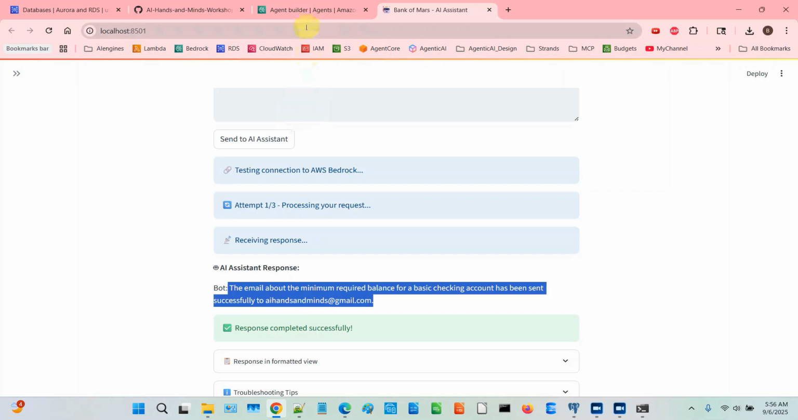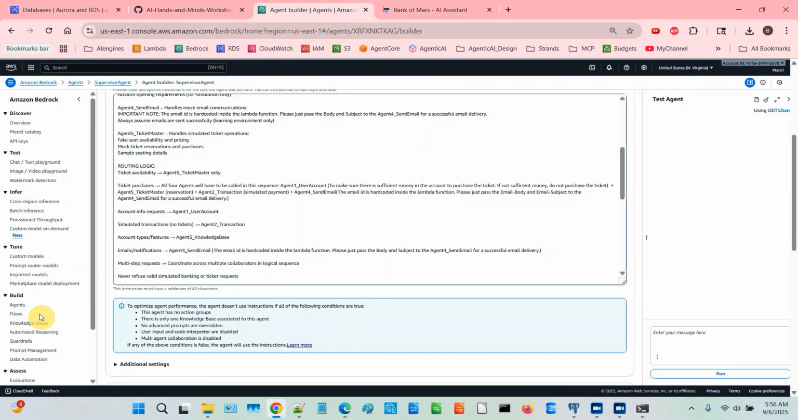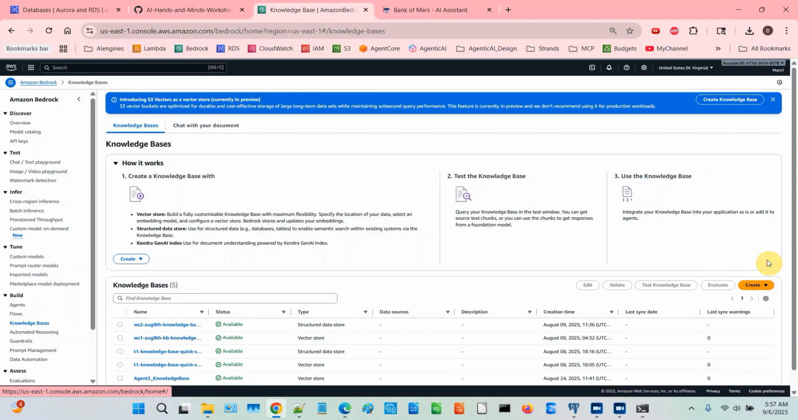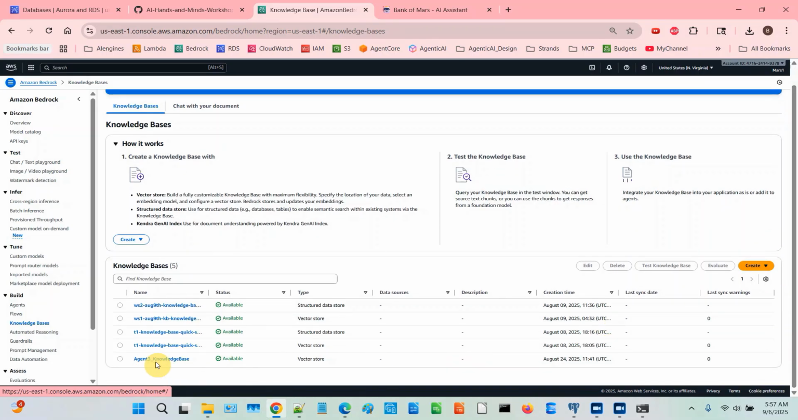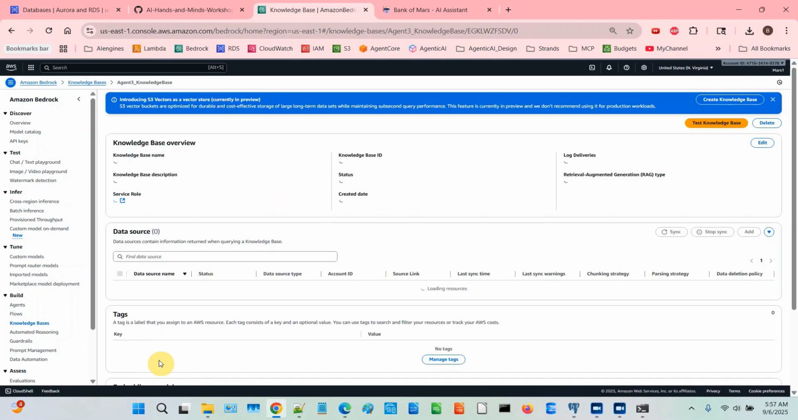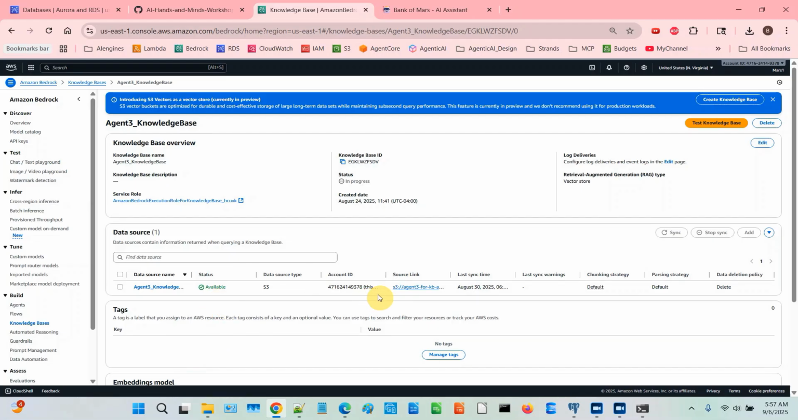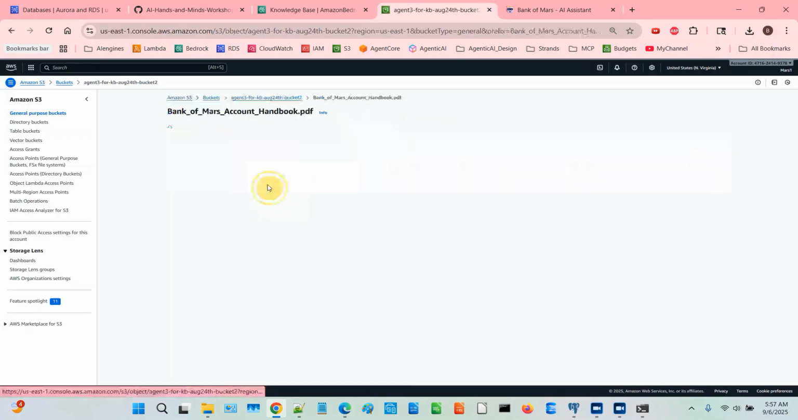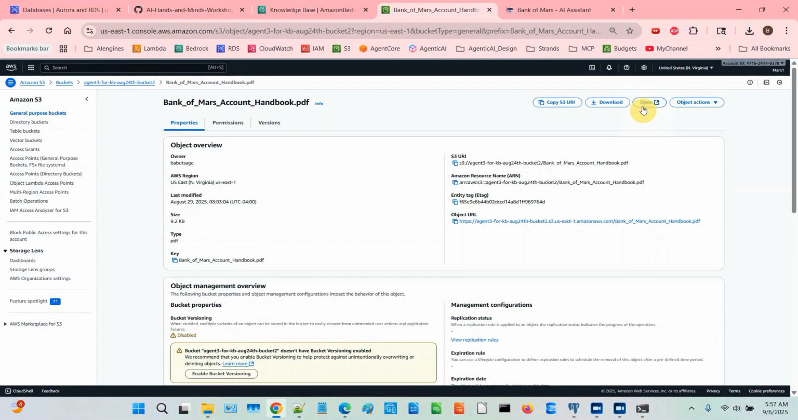So we're going to go to Bedrock, go to the knowledge base and open the knowledge base which you built. In my case, I built the agent 3 knowledge base, and there's the S3 link here. Click this link. That is where the PDF handbook is stored. So this is the PDF handbook we have stored. And if you open this,